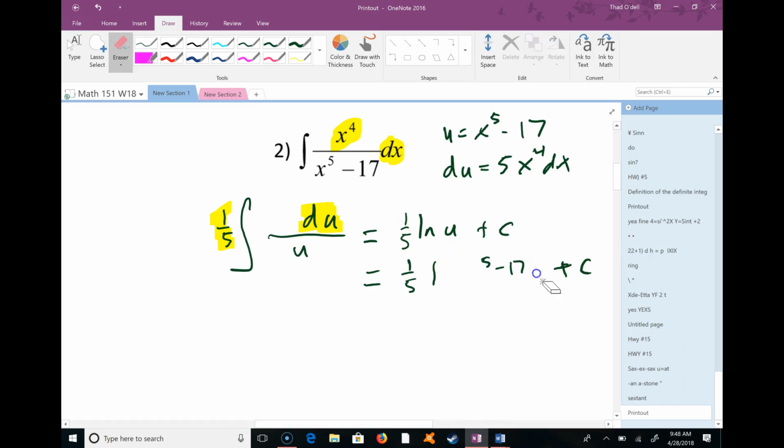Actually, when you integrate, if the answer to your integral is natural log, you want to put absolute value around it, because remember, you can't take the natural log of a negative or 0. So,